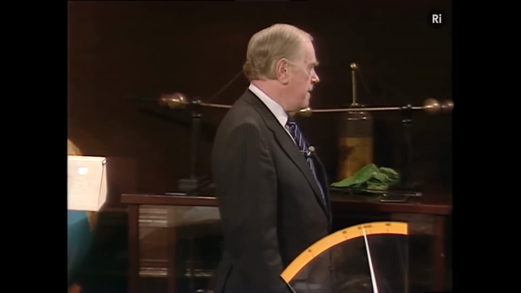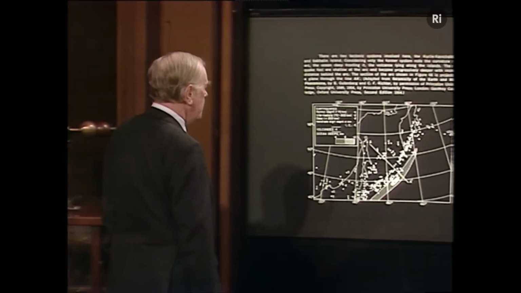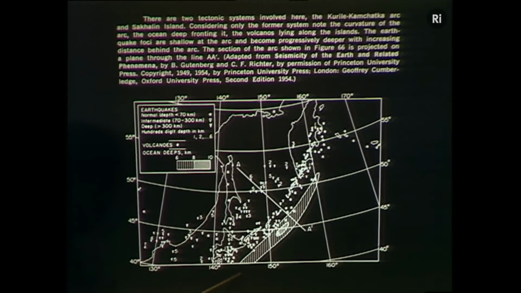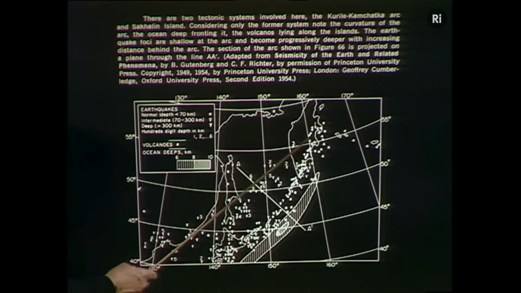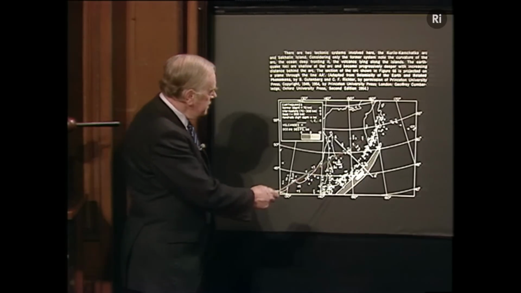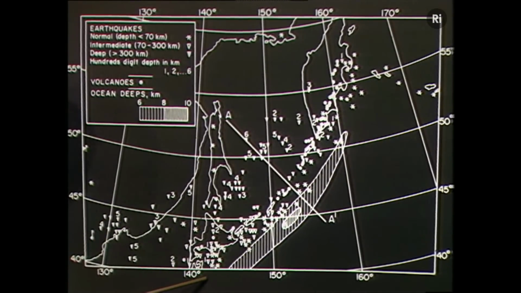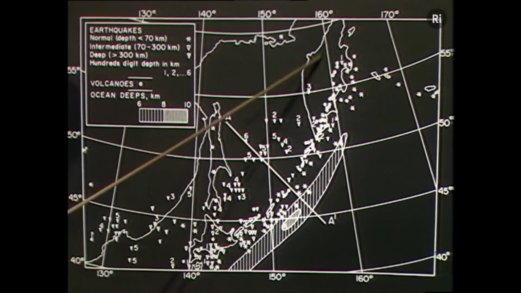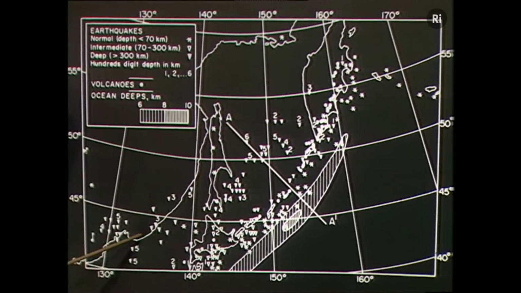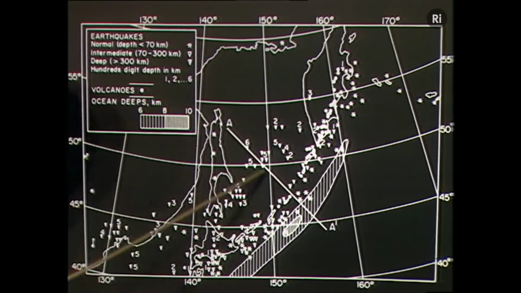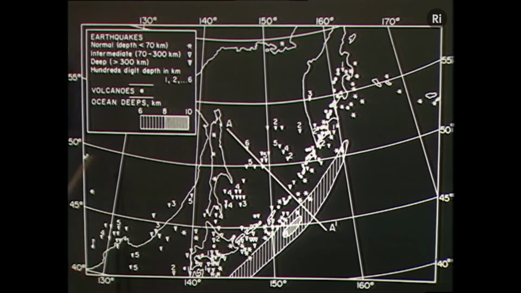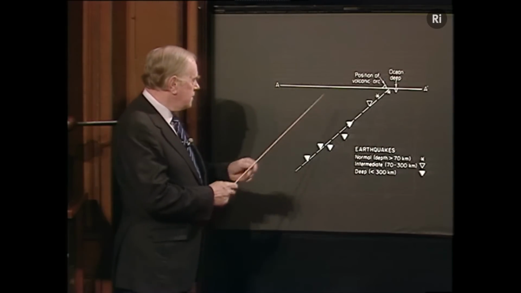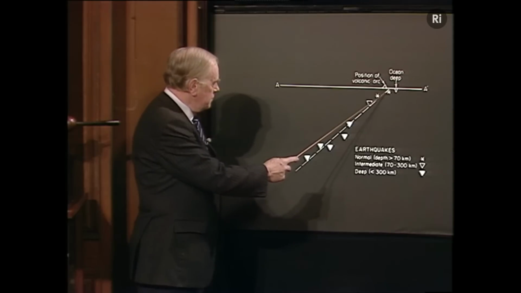And if one looks at a typical region where you can plot time after time where the earthquakes are, and this is the east coast of Asia here, just north of Japan, you'll find that the earthquake belt is running like that. The shallow earthquakes, which are the starred ones, are along here, and the deeper ones are progressively further west. And if one takes a section across there, like that, and looks through at that section, the next slide shows the picture that we get,